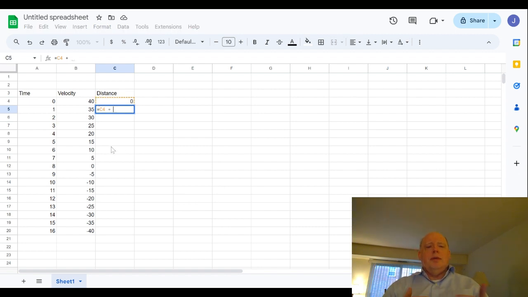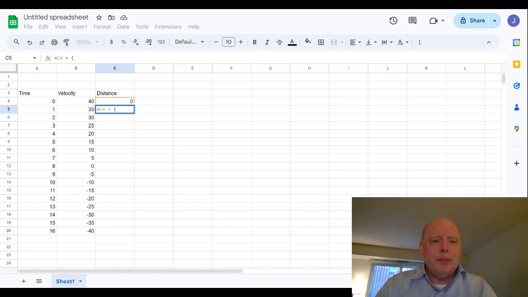And what are we going to add? Well, the distance covered should be the velocity times time. But between 0 and 1, what was our velocity? Was it 40? Was it 35? No, because it's constant acceleration, the distance is halfway between 40 and 35. So it's halfway between those two times the time, which is 1 second. So we really traveled, it's the average. So it's 1 second times